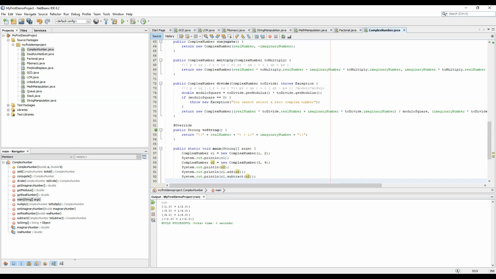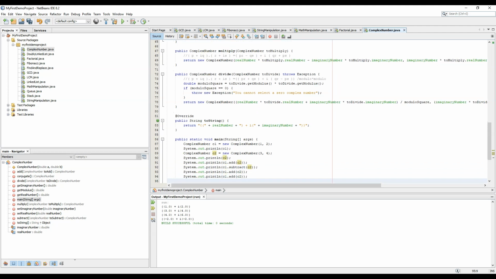Now let's do the modulo and the conjugate function. So the modulus is 1 square plus 2 square, that is root of 5, that is root 2.23. It is coming correct. And C1 dot conjugate is 1 minus 2 iota, which is also correct.